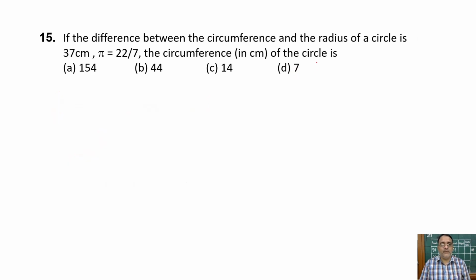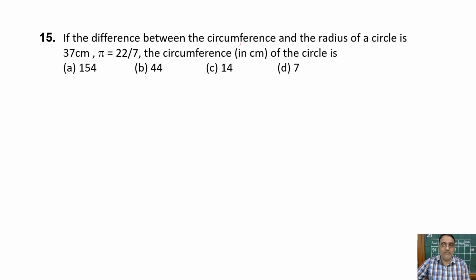Okay. Now we are moving toward question number 15. If the difference between the circumference and the radius of a circle is 37 centimeter, pi is equal to 22 by 7, the circumference in centimeter of the circle is dash. The same question can be asked for area also, right. So what is given, that the difference between circumference and radius. The circumference is always bigger than the radius because it is 2 pi into r, okay. So that is why